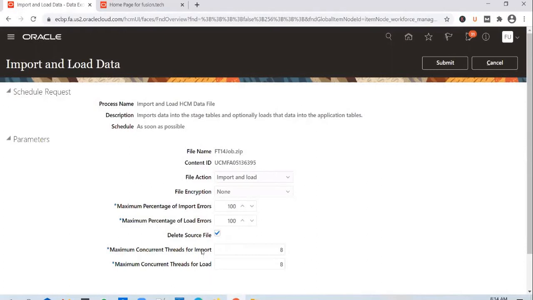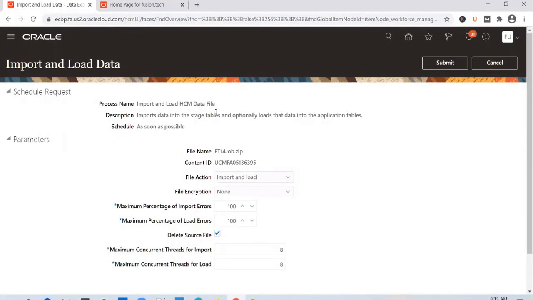And what makes HCM Data Loader a bulk data load option is this ability to spawn multiple threads. So when you're kicking off the import and load HCM data file process, you can decide how many threads or how many workers you want to kick off for the import and for the load process. Say for example, you're loading a file with, let's say, 10,000 jobs, or 50,000 employees, or 1 lakh departments or 1 lakh account segments, or whatever might be the case.